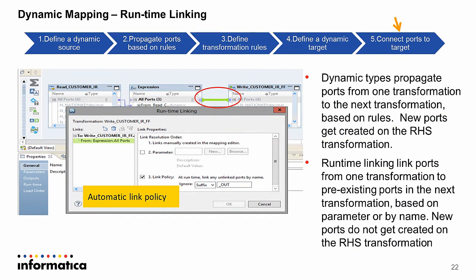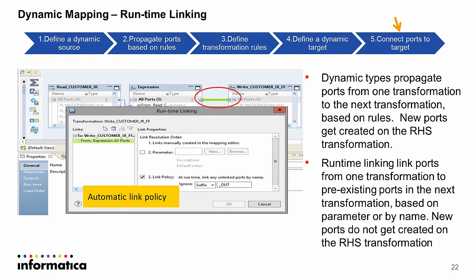Runtime linking is a feature where you want to bring in all the ports from one transformation to the next transformation, right? So I do not have to sit there and map one column at a time. Runtime ports would dynamically propagate all the ports, or automatically link all the ports from one object to the other,